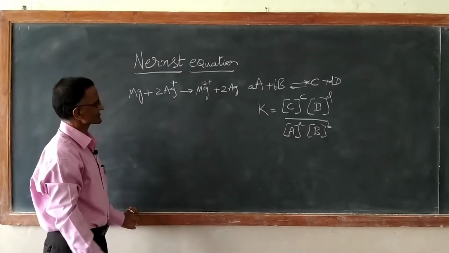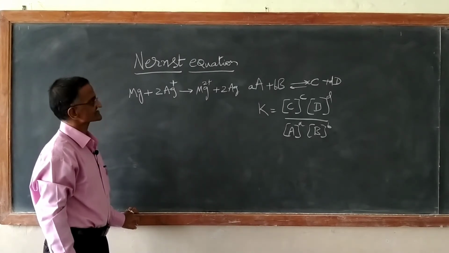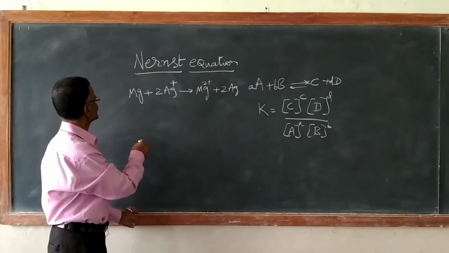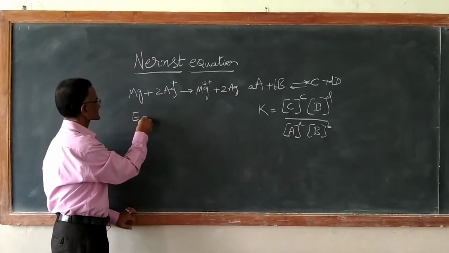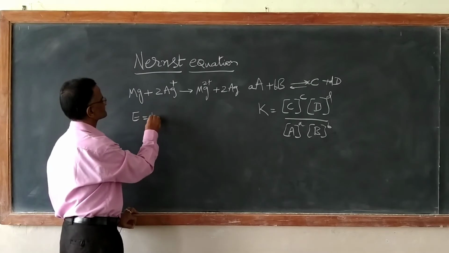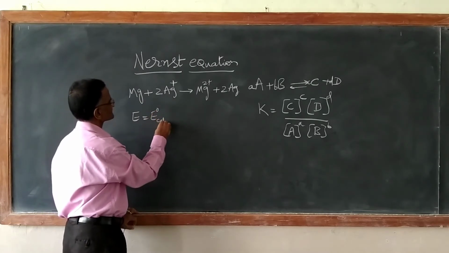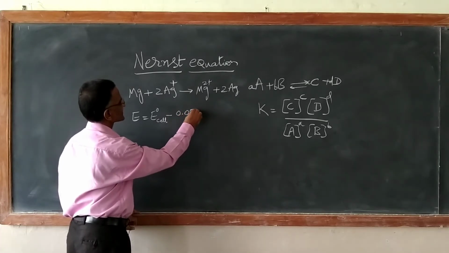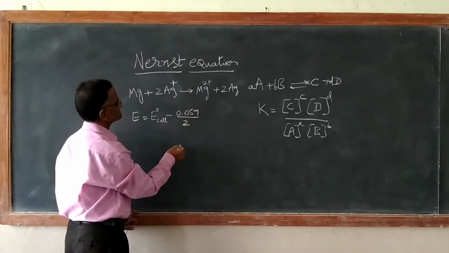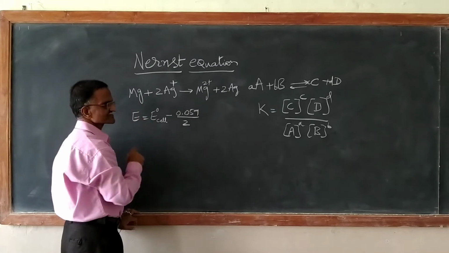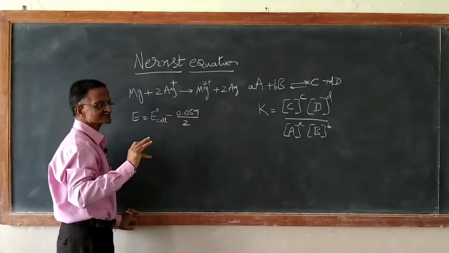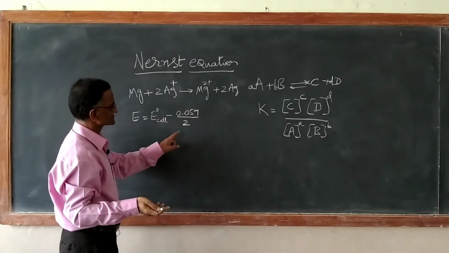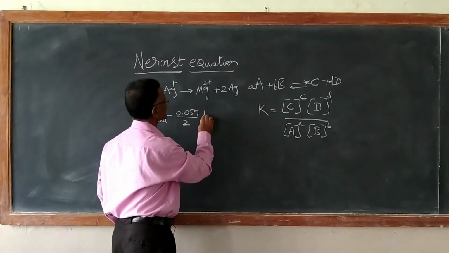For this, if I have to represent the Nernst equation, what should I do? E cell equals E naught cell minus 0.059 by 2. I had already explained yesterday, 2 is the maximum number of electrons transferred, into log of